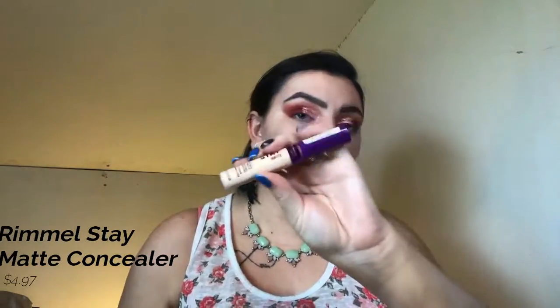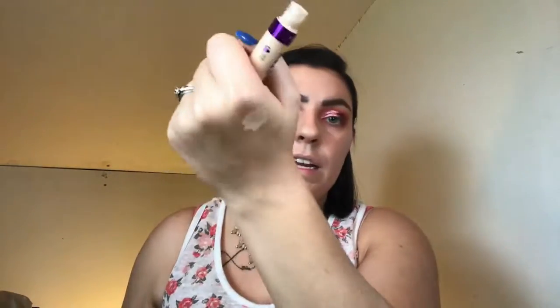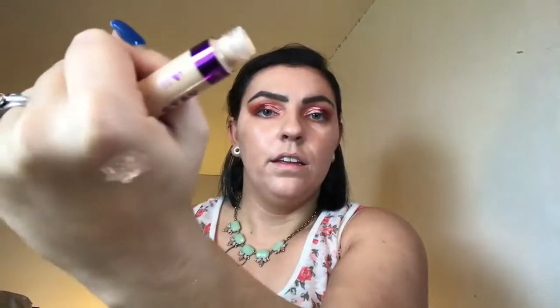I picked up the Rimmel Stay Matte, which I absolutely love their Stay Matte powder. And again, I picked this stuff up when I was more on the fair side. So I grabbed the lightest shade, Ivory. And I think even if I wasn't self-tanned like that, it's not going to pick up on camera. It's a lot darker in person than it is on camera, and definitely more of a yellow base to it. Like, there'd be no way I could use this as like a brightening under eye concealer. So, I don't know, it might work now, but